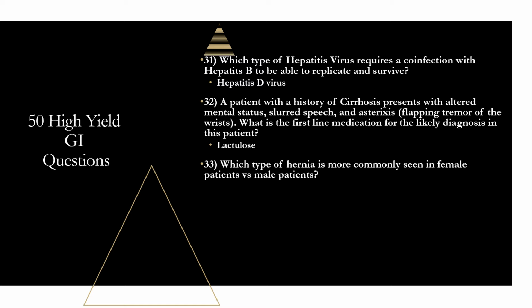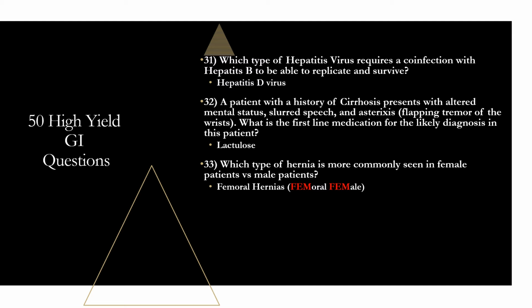Question 33. Which type of hernia is more commonly seen in female patients versus male patients? So that's going to be femoral hernias. And the way that I remember that is femoral, female. There's just a quick way to remember that. So it's due to the femoral ring being smaller in women, which makes hernias more susceptible to strangulation in that